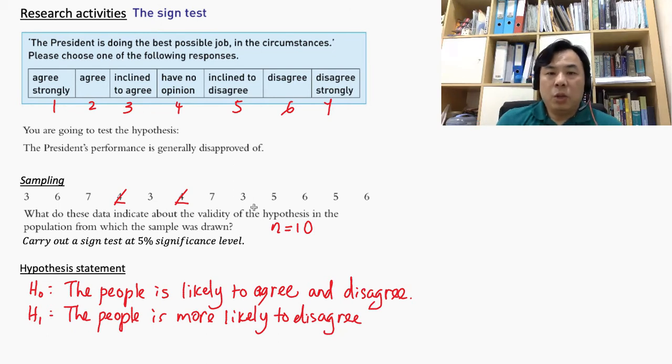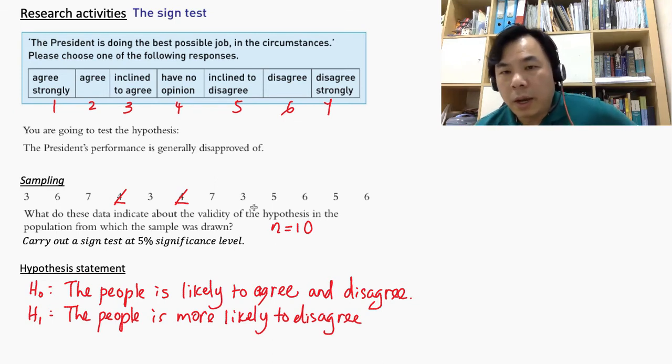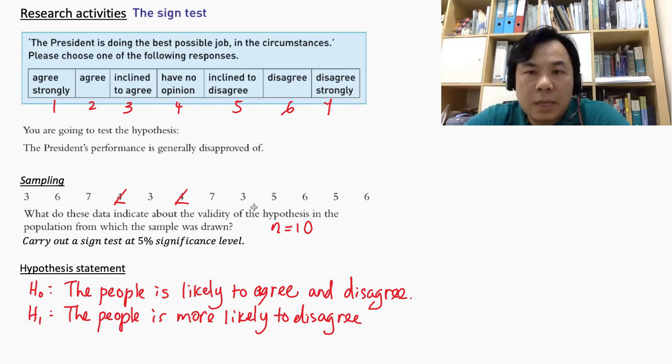Now I'm going to show you two methods of how we can carry out this sign test, based on our hypothesis test here. The first method is that we can actually